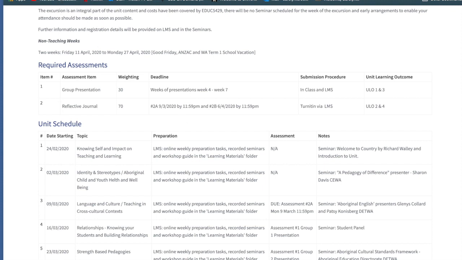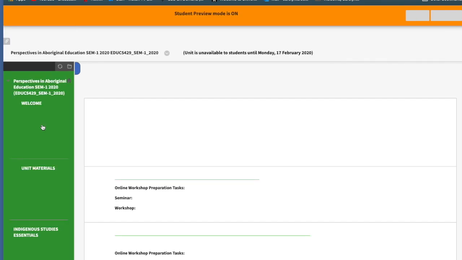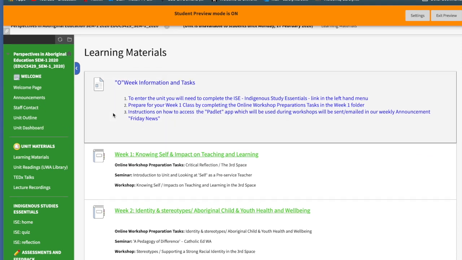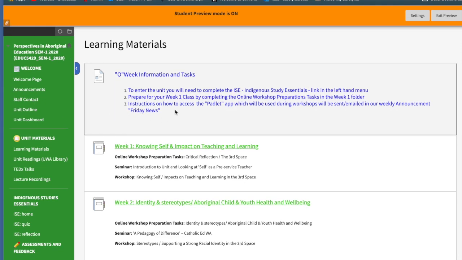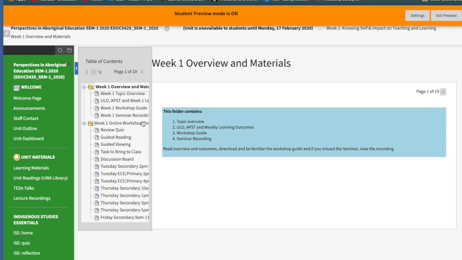So let's see how the flipped learning works. If we go to weekly learning materials, under learning materials, we've obviously got reminders of what to do to prep for week 1. But if you want to know how the flipped classroom works, you have an online independent learning component, and then the face-to-face components. So the online workshop preparation tasks is the independent learning component, and that has to be done prior to the workshop, because